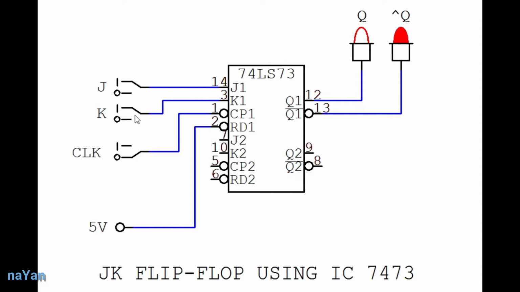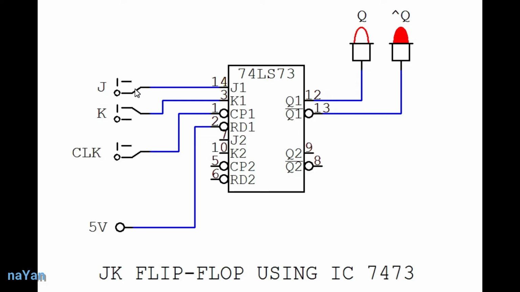So let's start our simulation. The simulation is the same as the SR flip-flop simulation, and the truth table is almost the same, but the condition when S and R are 1 is an undefined condition. That condition is overcome in the JK flip-flop. So we start our simulation with, say, the reset condition, that is J 0 and K 1, and when we change the clock to 0, we get 0 at Q and 1 at Q bar.